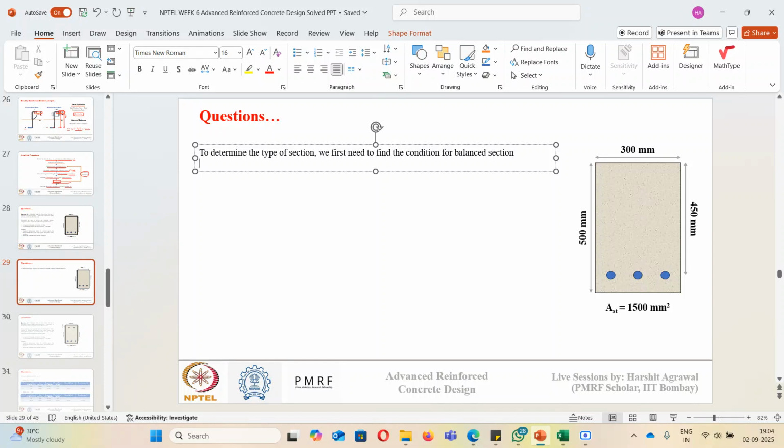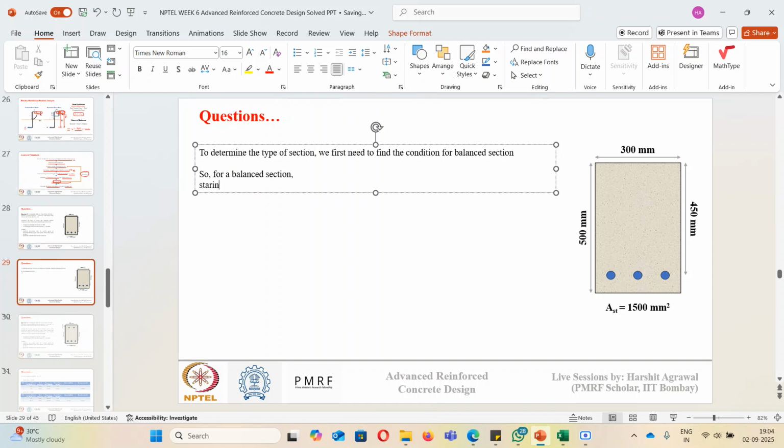If this 1500 is less than the balanced reinforcement area, then this section is an under reinforced section. If 1500 is more than the balanced reinforcement area, then it is an over reinforced section. And if 1500 is equal to the balanced reinforcement area, then it is a balanced section. So how can we determine this? For a balanced section, what we know,